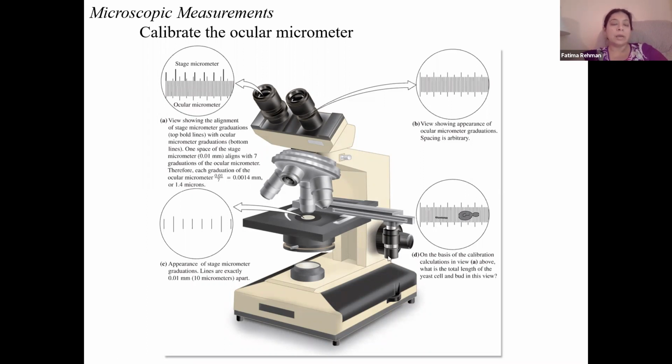What is the inner larger knob called? It's the coarse focus, exactly. So it's the coarse focus knob. Now you can only use the coarse focus when you are looking at the specimen using the scanning objective lens. That's its job, is to give you a general focus of your slide, and then you use the fine focus knob, which is the inner smaller knob, to fine tune your focus